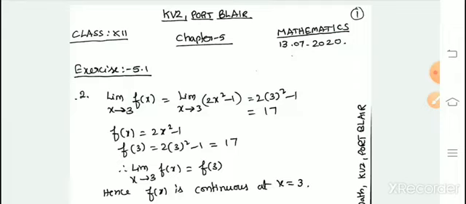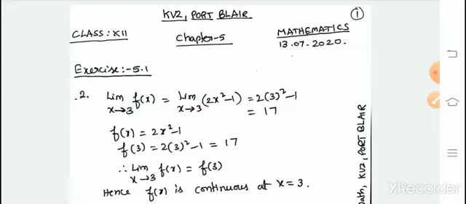In the previous video you have seen what a continuous function is, and when a given function is continuous at a point in the given interval. I explained it very clearly with some examples. In the previous notes I also gave a few examples, so try to go through them before watching this video. And now we see exercise 5.1.